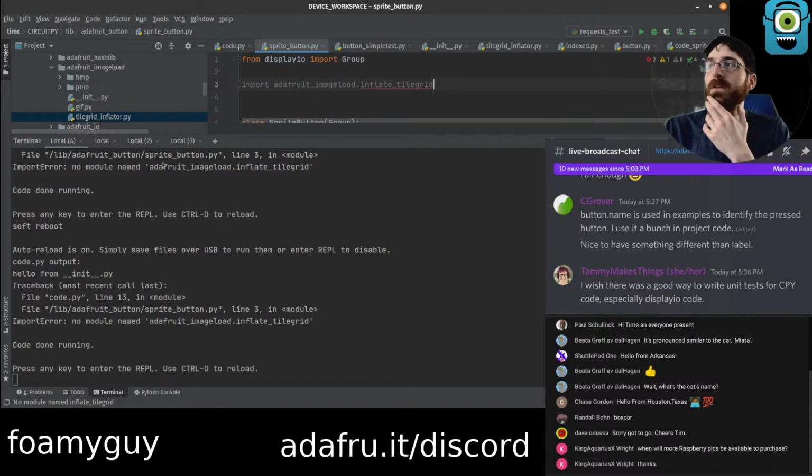I wish there was a good way to write unit tests for CircuitPython code, specifically display IO code. I will say I am not much of a test-driven developer. Throughout the vast majority of my career, I've been either solo or on a very small team of 2 to 4 max. And there's nobody in my management structure who understands or cares about code at all.